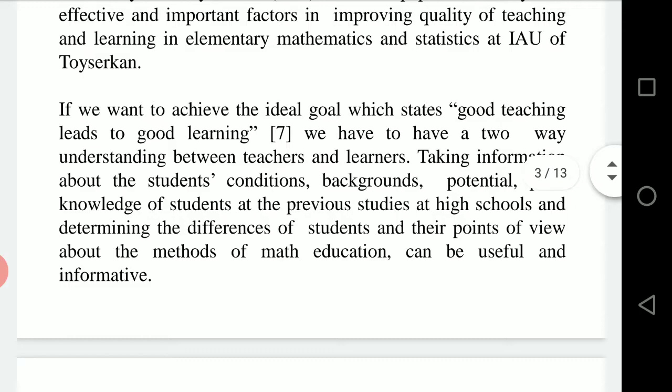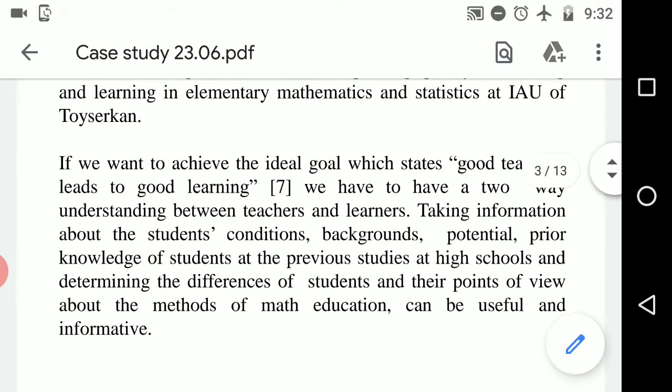If we want to achieve the ideal goal which states good teaching leads to good learning, we have to have a two-way understanding between teachers and learners.